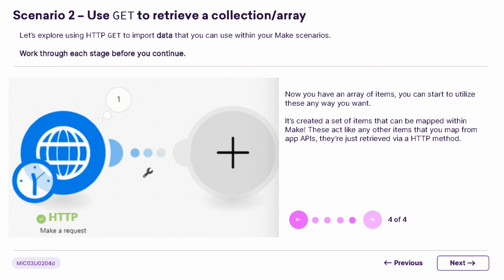Think of each item as a piece of a larger puzzle. Once imported, they are ready to be mapped and utilized, just like any other data received through app APIs. The key difference in this approach is the method of retrieval. By using HTTP GET, these items become adaptable components within your workflow, providing you with flexibility and functionality to enhance